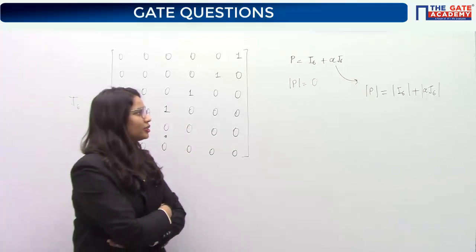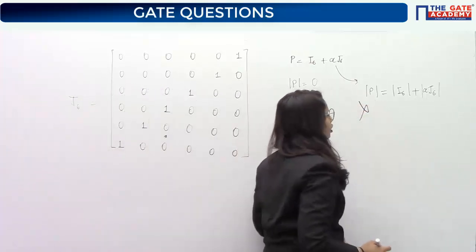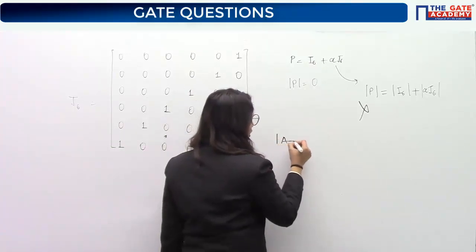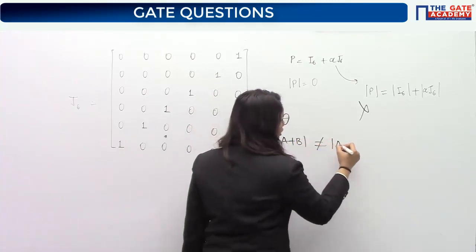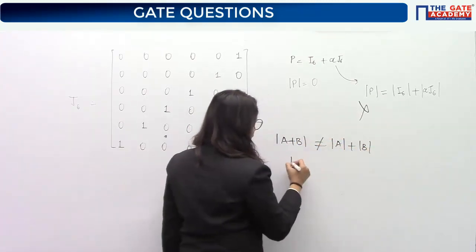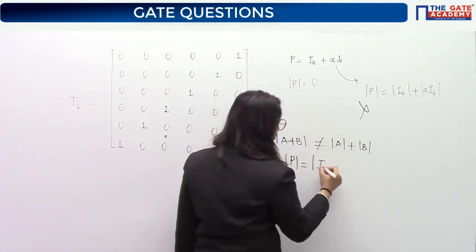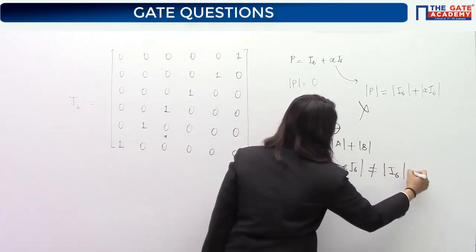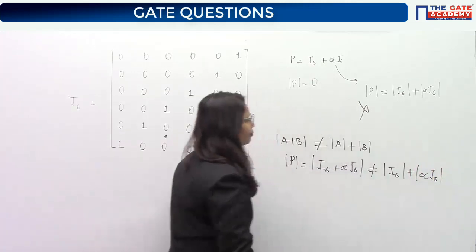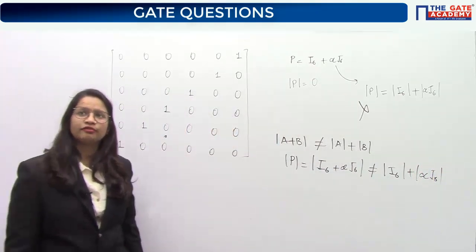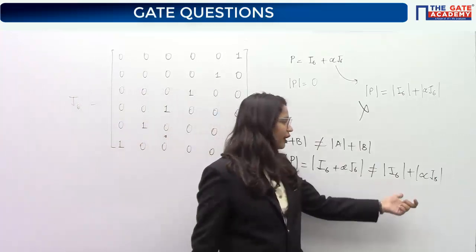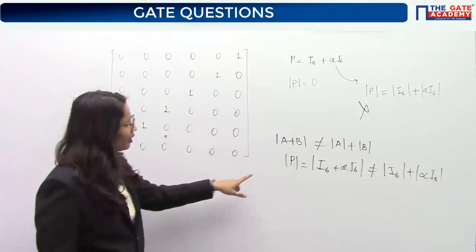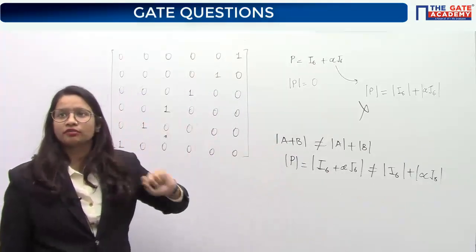So this is actually not correct. Because we have seen in the property earlier that determinant of A plus B is not equal to determinant of A plus determinant of B. So if you are finding the determinant of P, you can say it is equal to determinant of I6 plus alpha J6, but it is not equal to a splitting of this determinant. You can't split like this. Understood or not? If you are answering alpha as 1 from this equation, then your approach is wrong. Answer is right, but approach is wrong. So this is not a correct way to solve.